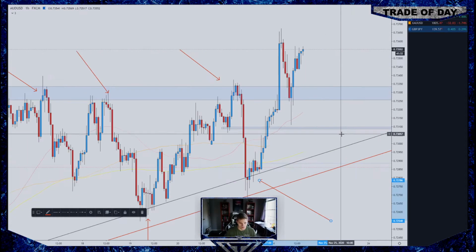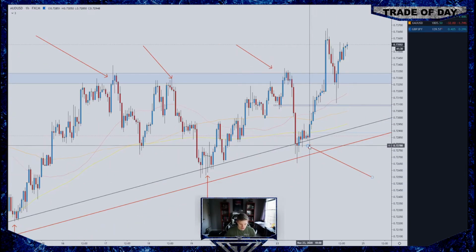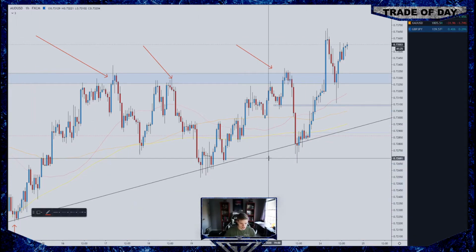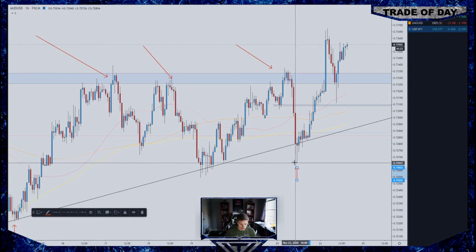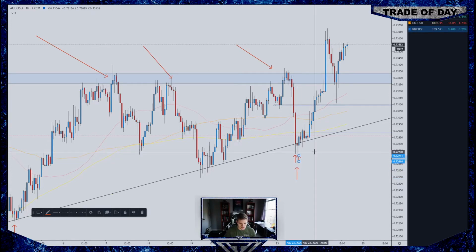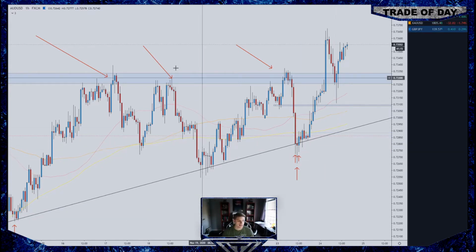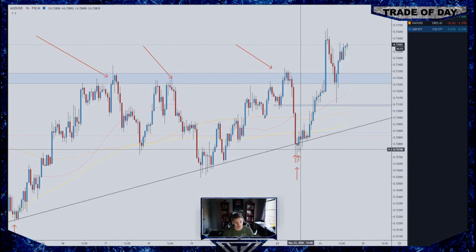Let's start on the hourly time frame. Now, when I saw it coming up into here, I saw that it had these large rejection wicks right here, and this move right here was a bullish engulfing. Now, I didn't get in quite yet. I was giving it a little bit because I wanted to wait until